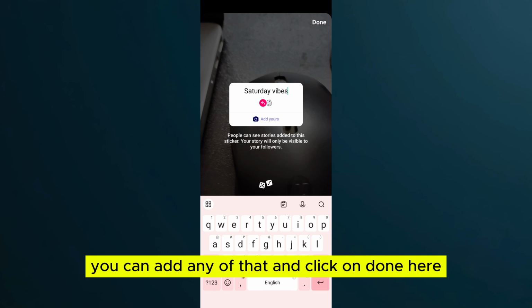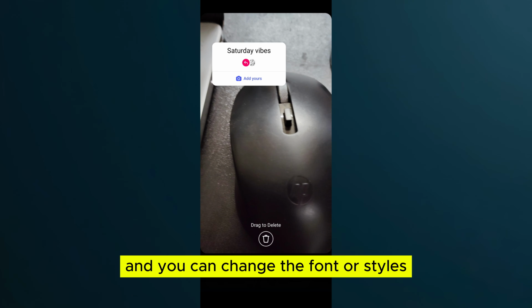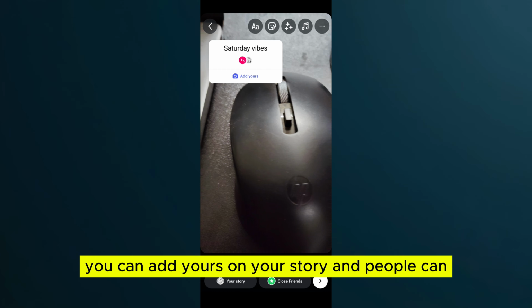So like this, you can add any of that and click on Done here, and you can change the font or styles, or you can add any music or effects. And like this, you can add yours on your story, and people can